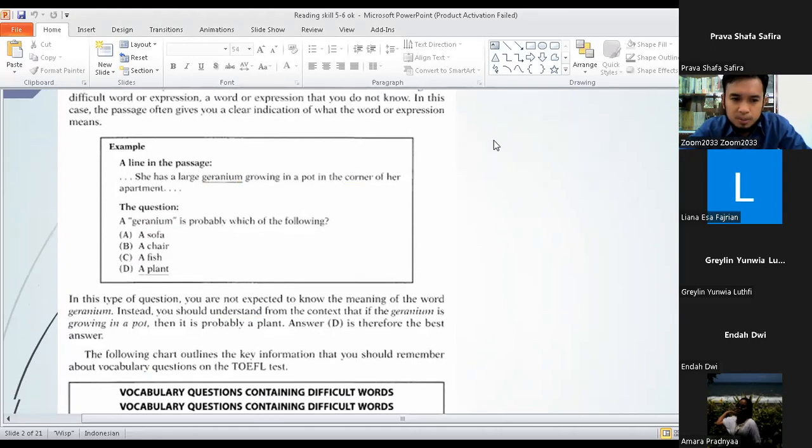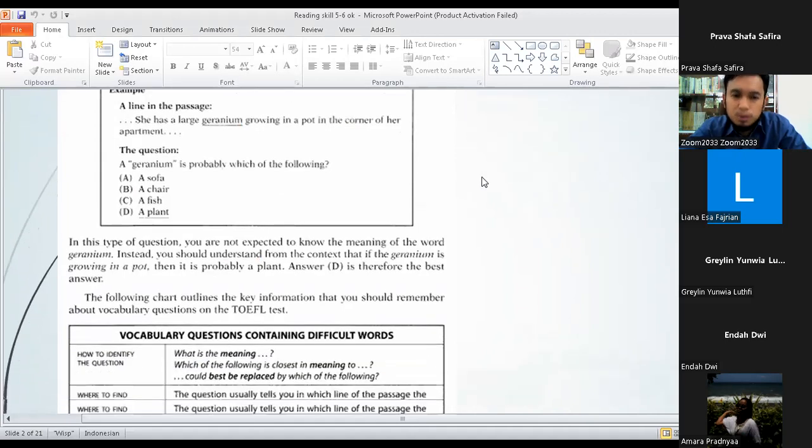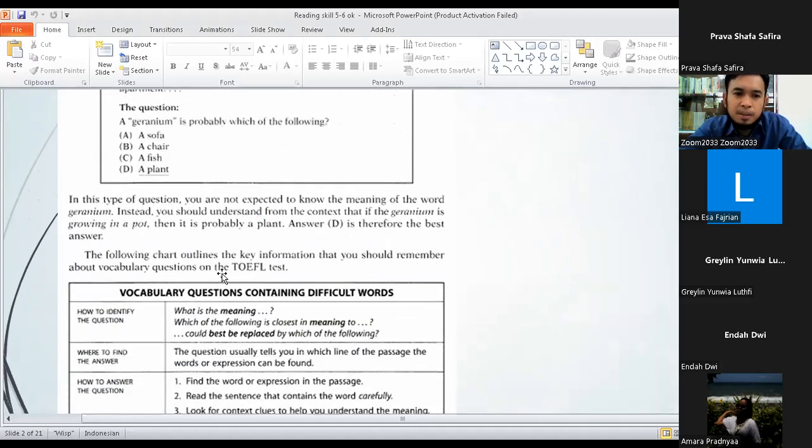vocabulary in context questions. Mostly, if we pay attention to English proficiency tests or the TOEFL, this is how to identify the questions: what is the meaning of, which of the following is closest in meaning. Those are the kinds of sentences and questions. And also, what could be replaced by